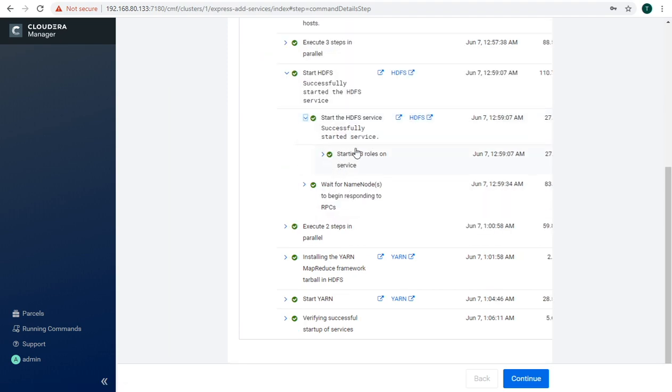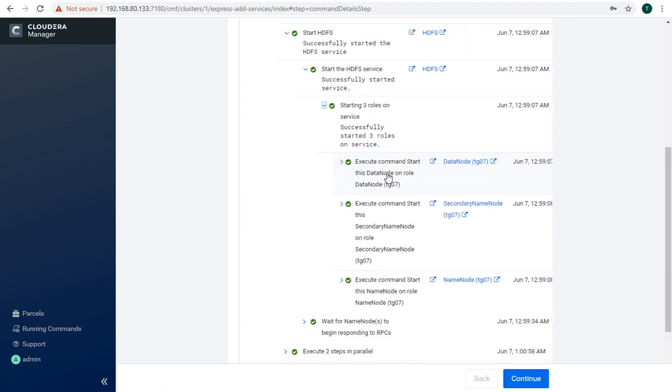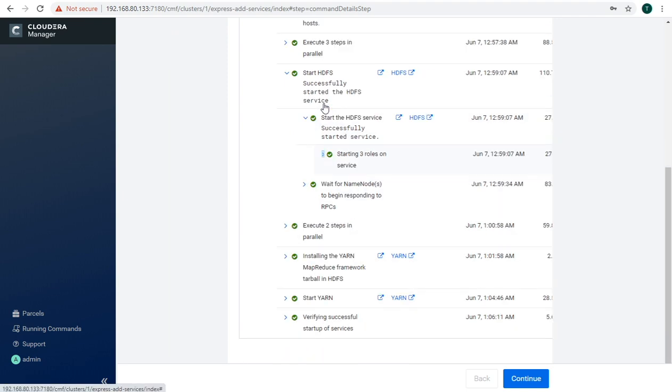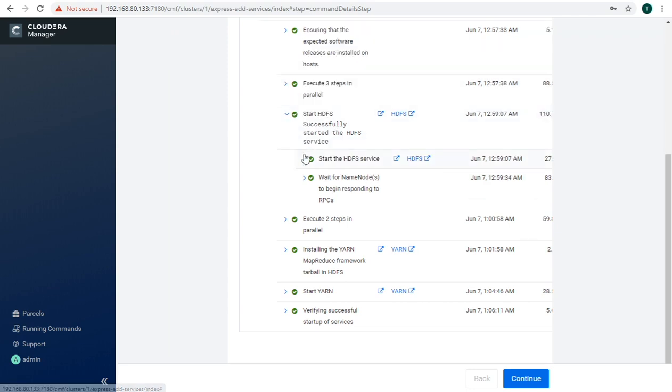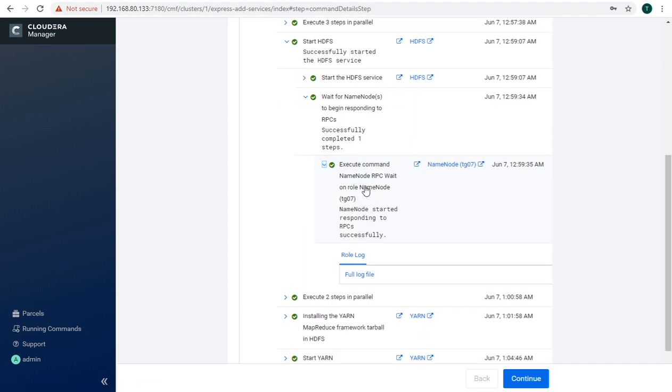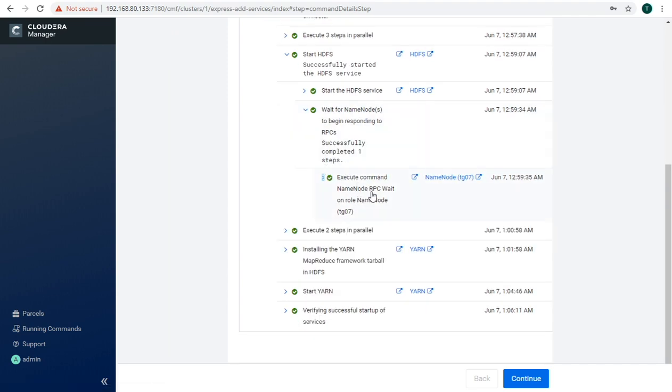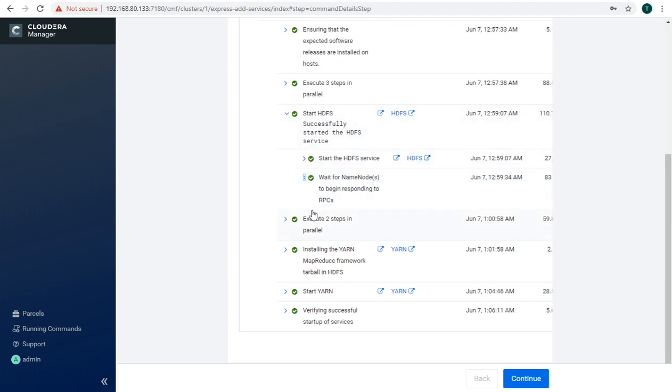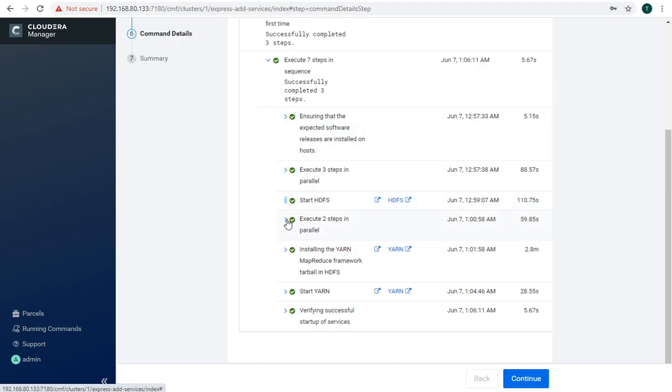And next we have start HDFS, where it will start the HDFS service with the roles data node, secondary name node, and name node. And if we minimize this, we wait for the name node to begin responding to RPC, so it will start responding to RPC connections.